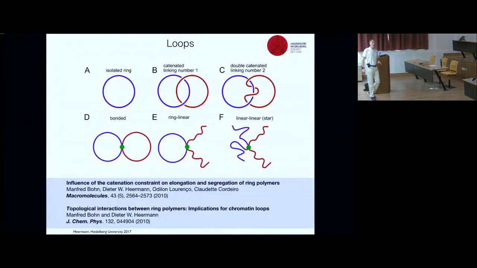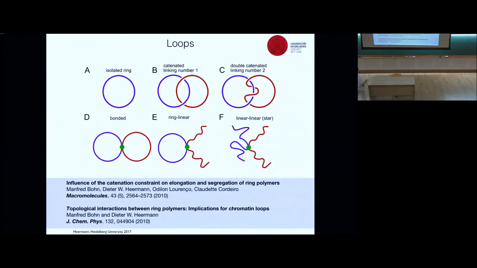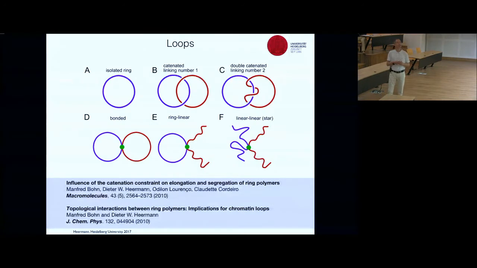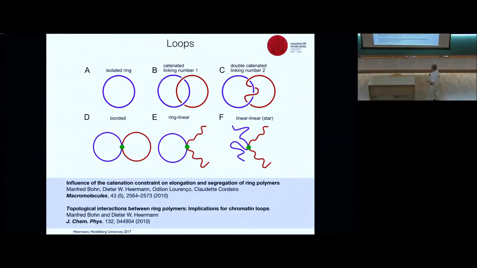Okay, so now loops actually are ring polymers. Let's talk a little bit about ring polymers, because this basically helps us understand what is happening here. Loops come in different flavors. Of course, they can be isolated rings. They can be catenated like this. Of course, it can be a little bit more complicated. The winding number can be 1, 2, 3, 4, 5, etc. They can be bonded. The bonded one can degenerate into ring linear, and then into a star-like configuration, right? Now let's not talk about all of this, but rather about these two isolated rings,